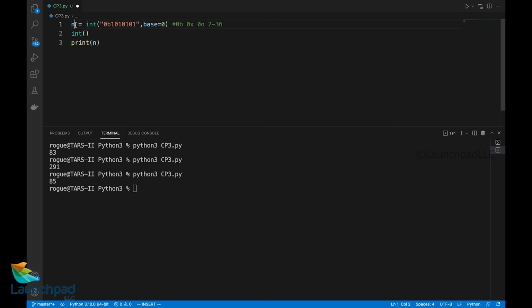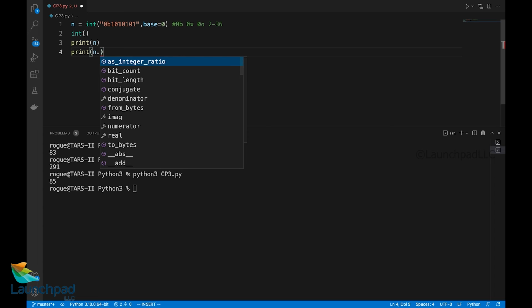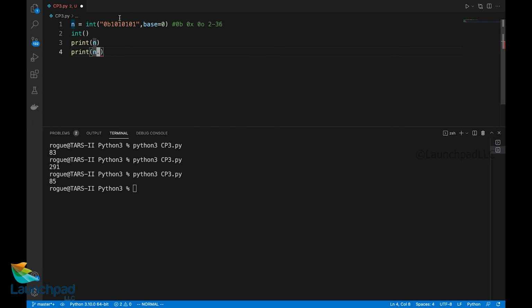Apart from this, there are a lot of other functions you can perform with the int class as well. That is print n dot. We can have bit_count, we can have bit_length. Now these are about their bitwise values. For instance, we know the binary value of n, that is the bitwise value of n, is 1010101.